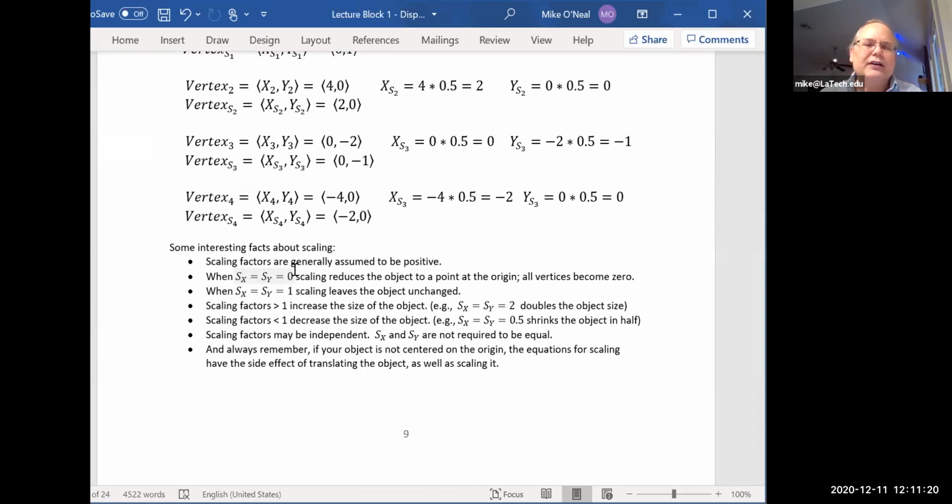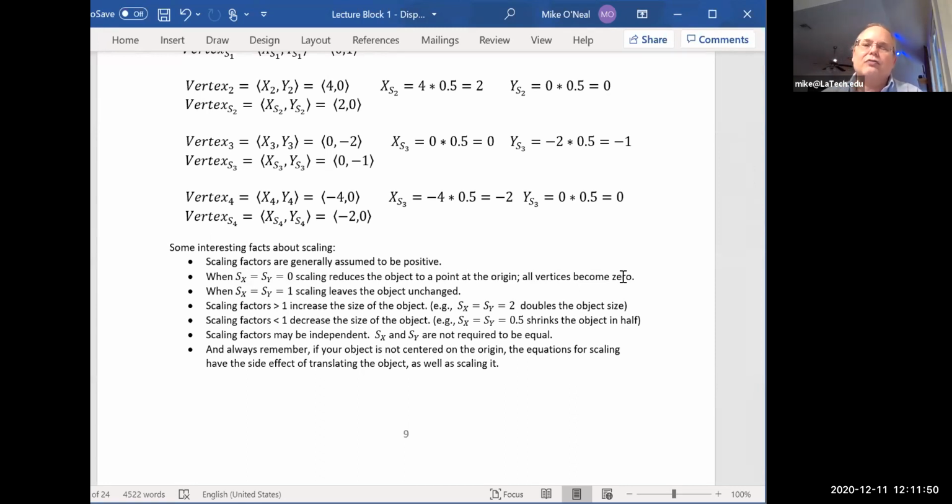Well, you can read, just like I can read. Basically, this is the black hole operation, right? Where the object falls into a black hole if you do this, because scaling by 0 will reduce the object to a point at the origin. It falls into a black hole, essentially, because all of the vertices, no matter what they were originally, become 0. Because anything times 0 is 0, and you're multiplying all your x values by 0 and all your y values